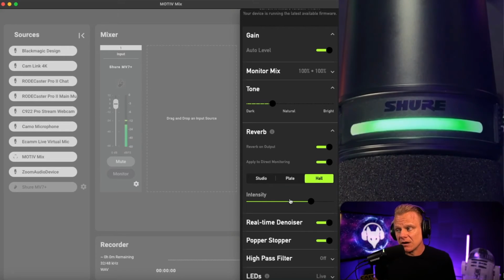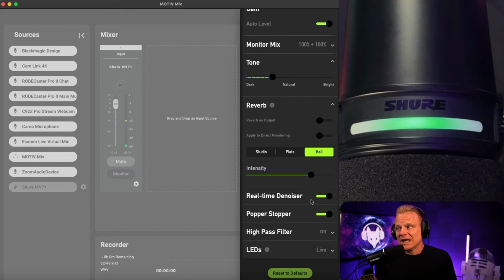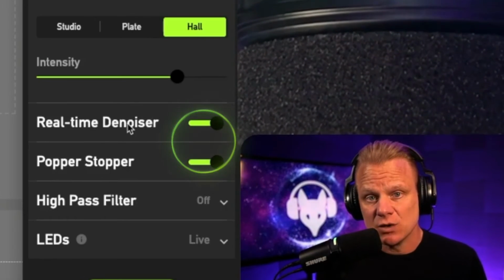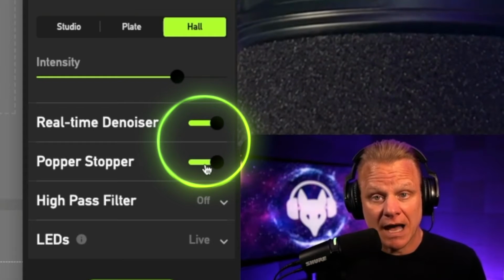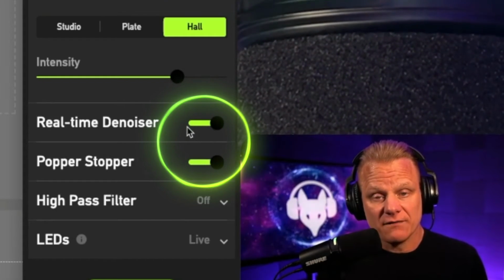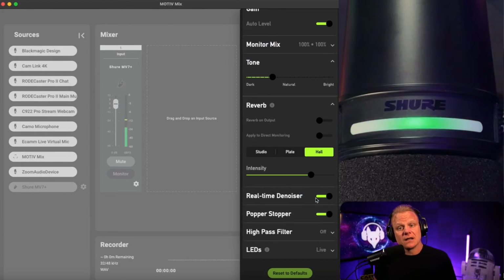And then there's Hall, which is like, "Ladies and gentlemen, please welcome the Shure MV7 Plus." So I'm turning that off. And so this is what I was talking about earlier. Out of the box, set as default, this real-time denoiser and the popper stopper are on. So right now, I'm going to click off the real-time denoiser, click it back on so you